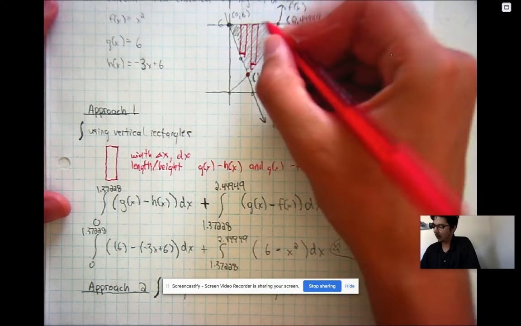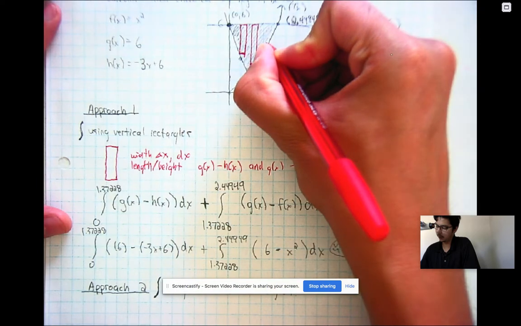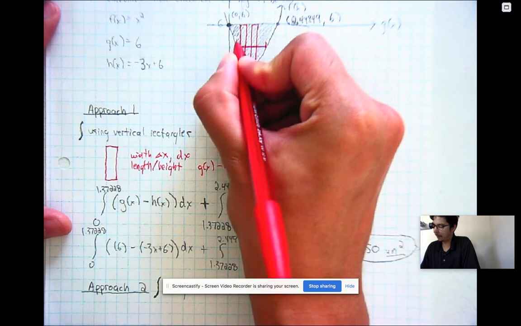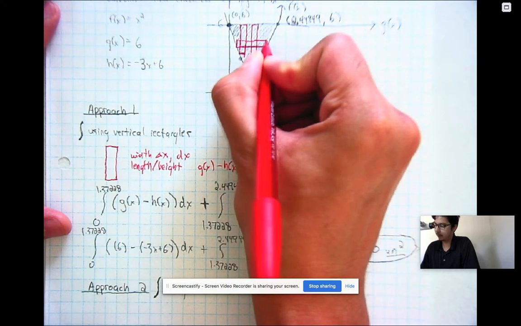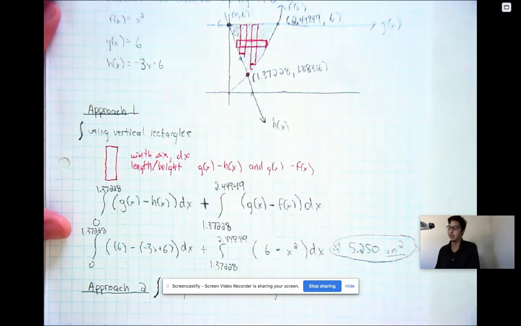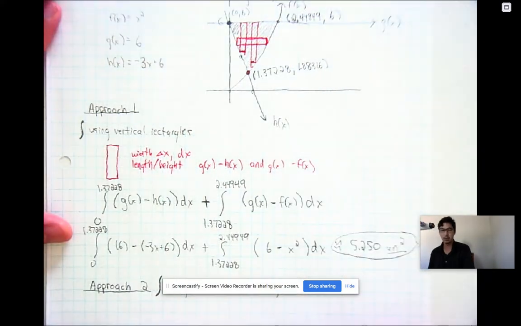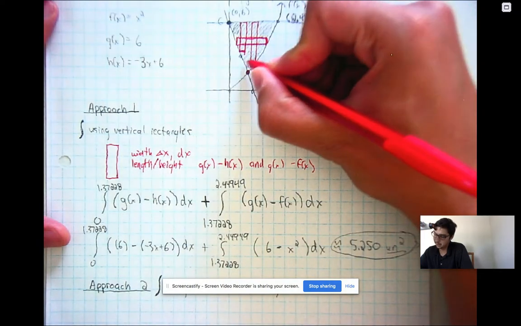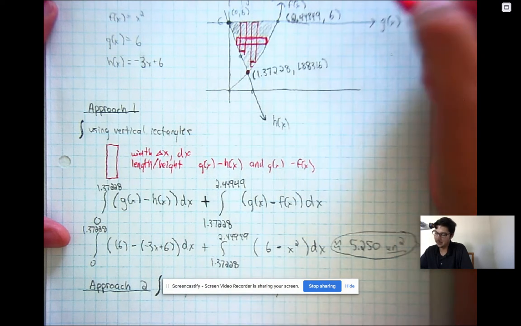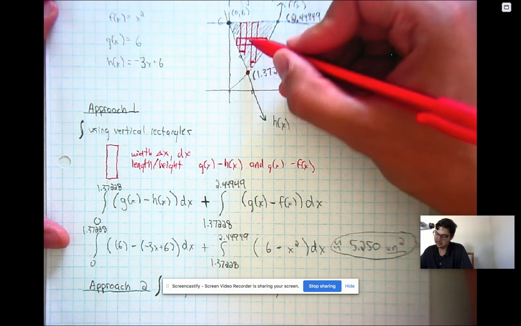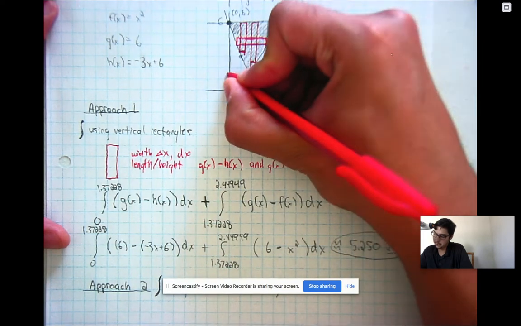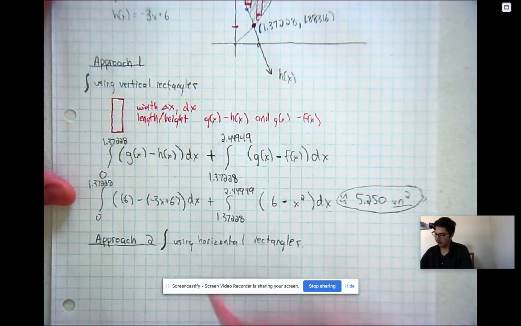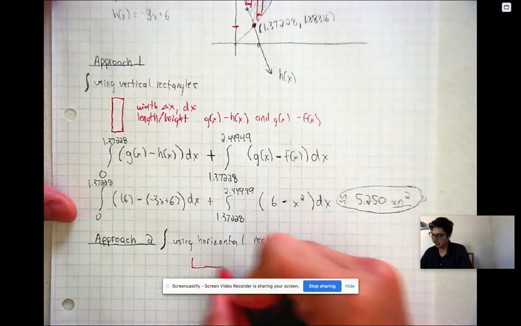That's not true. Notice if I do horizontal rectangles, so I take a snippet of one right here, right? And obviously that has a bigger width than we would like. We're going to be taking infinitely many horizontal rectangles. Well, if we take infinitely many horizontal rectangles, they're going to fill up this space from the bottom to the top. So notice if we do this method, infinitely many horizontal rectangles, let's do it down here. So if we look at a horizontal rectangle, bring it out down here,